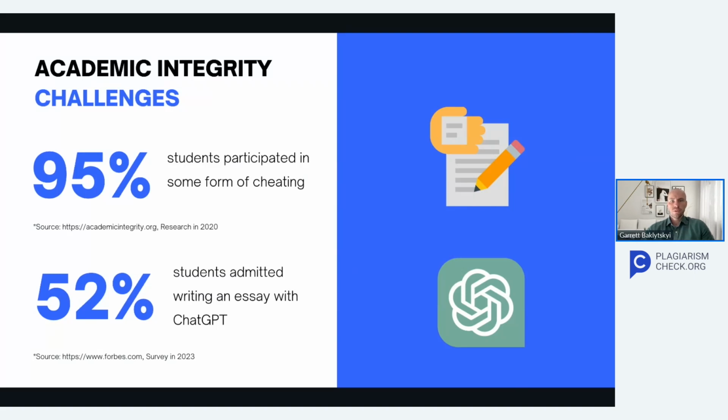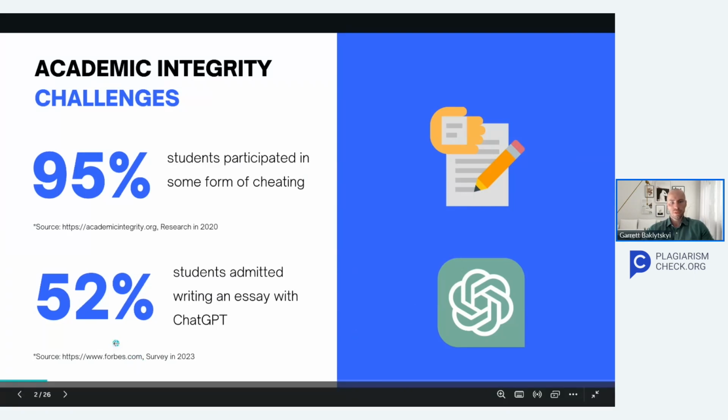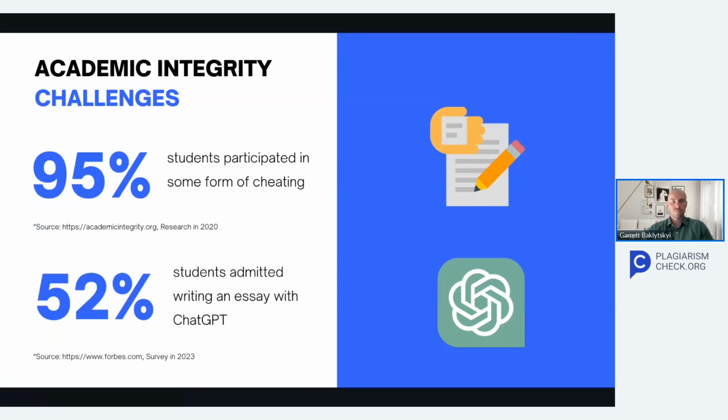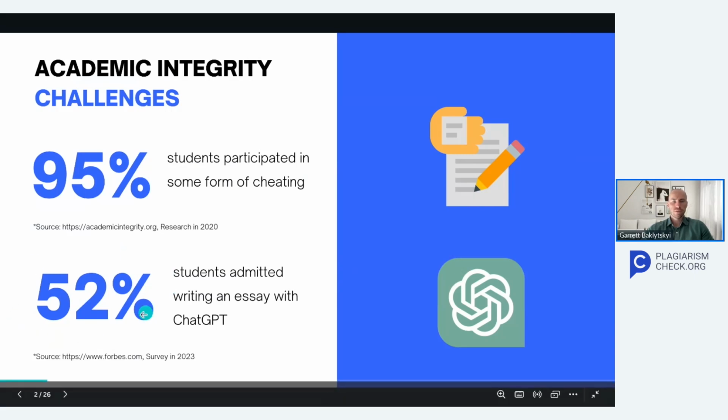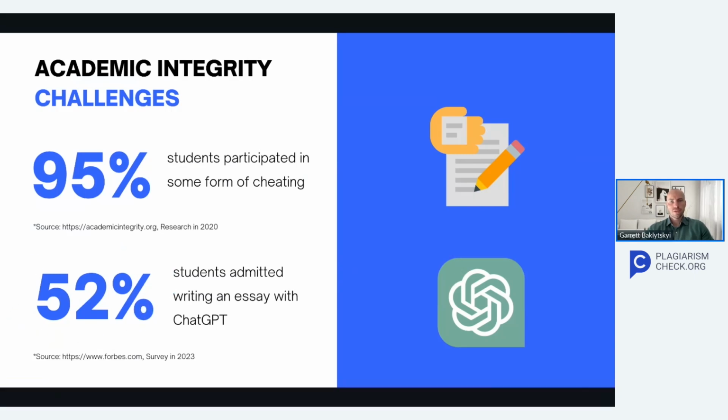In 2022, ChatGPT became publicly available. This survey shows that 52% of students who participated admitted that they were using ChatGPT to write their essays. ChatGPT is not the only AI generator suitable to write essays; we also have Google Bard and hundreds of other generators. Together, this number could be much higher than 52%. So ChatGPT and AI generators are a distinct problem for academic integrity and education.